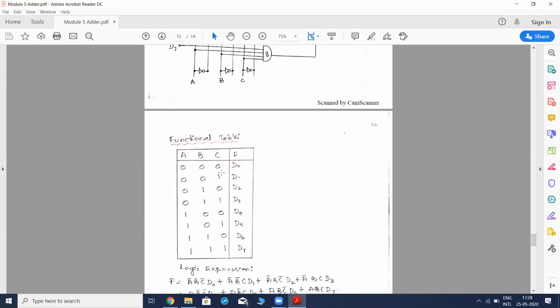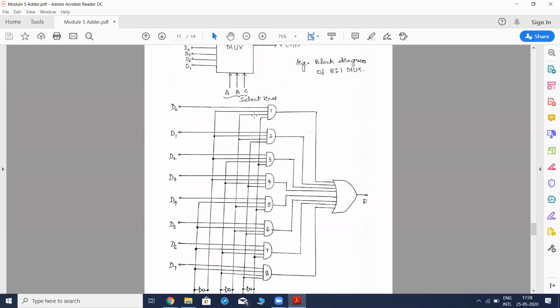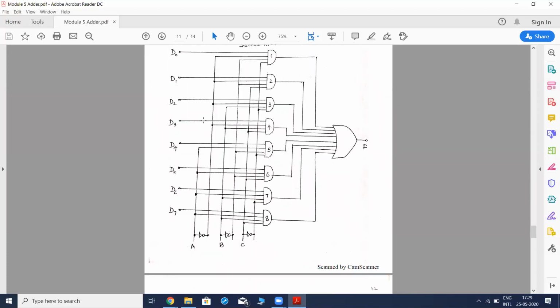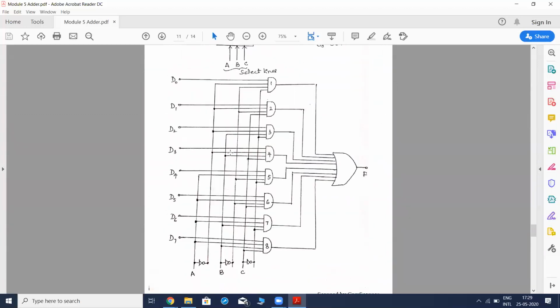So our least significant bit is going to change very frequently compared to the most significant bit. In order to write down the inputs for AND gate 1, wherein we have given the data as D0, how we connect the select lines is very important. All our select lines are 0, 0, 0 over here. So 0, 0, 0 means we are supposed to connect A complement, B complement and C complement to the first AND gate. That is how it is being connected.